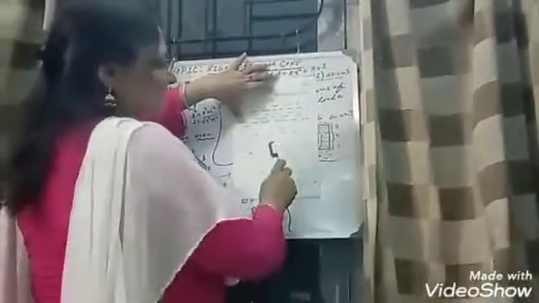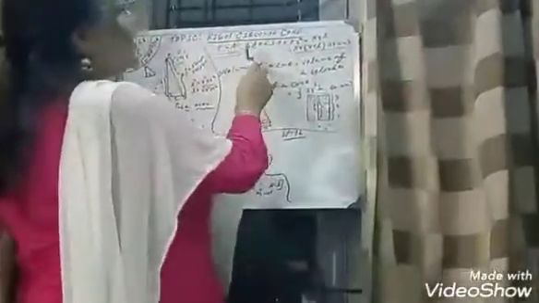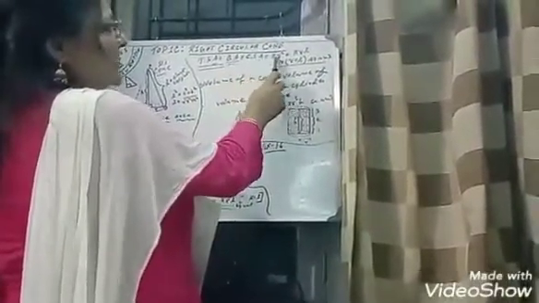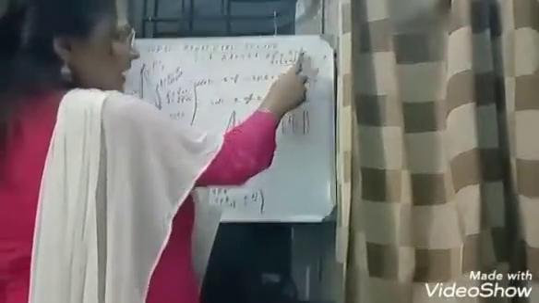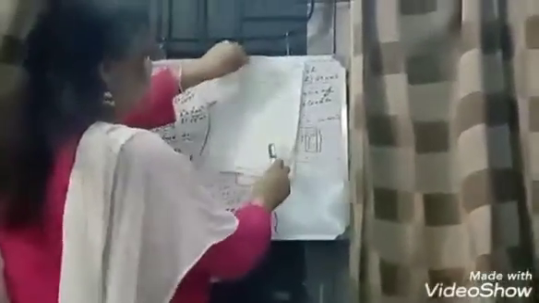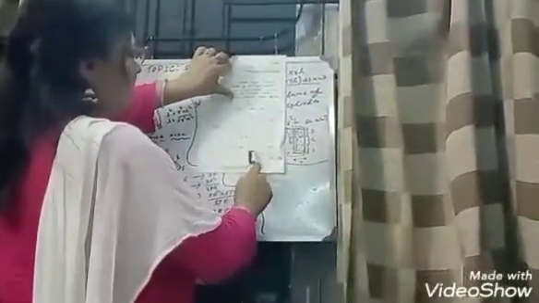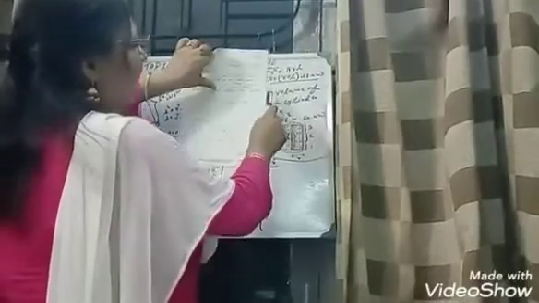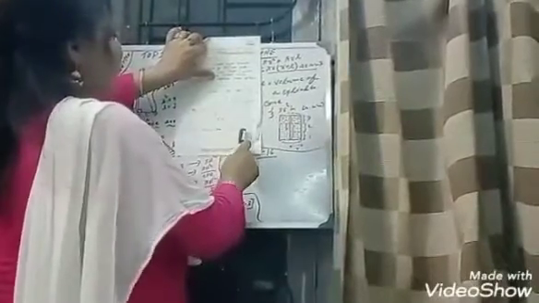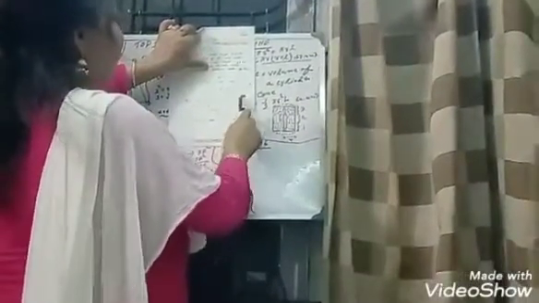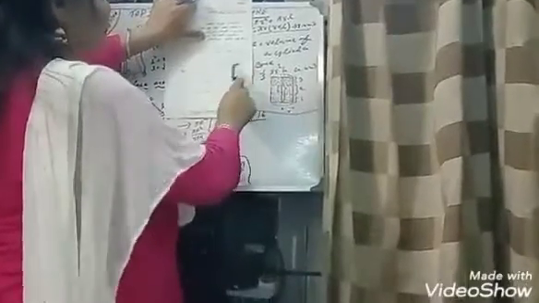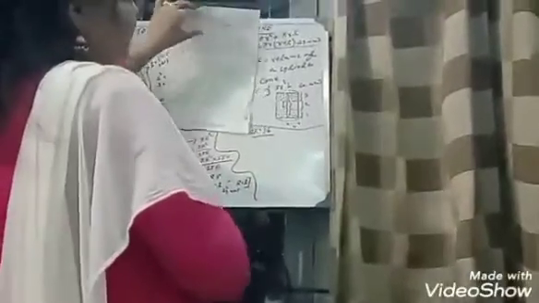Already we know total surface area means base area plus curved surface area. Base area means pi r square, curved surface area pi r l. So pi r into r plus l. Now we have just applied here the formula pi r square plus pi r l. Pi r square we know that is 707.14 and curved surface area 1131.42. Just do this addition part. So we will get 1838.56 square centimeter. That is the total surface area of the cone.